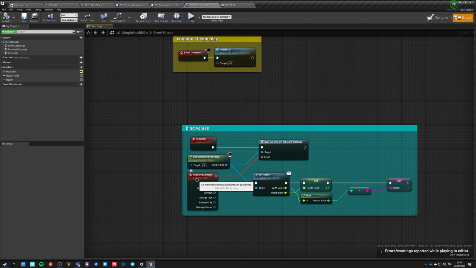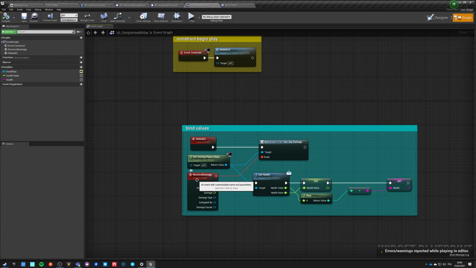Receive damage is an event that's happening actually on the server, because we are receiving damage on the server. So let's go to our character back here into our health and damage, and let's do it a bit differently. Let's go here, receive damage, oh no, let's do it differently. Bind point damage,